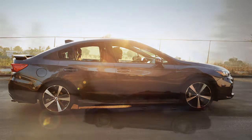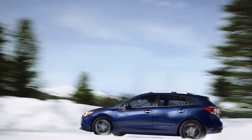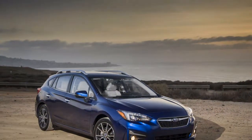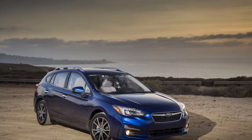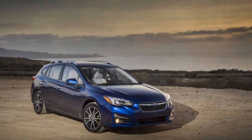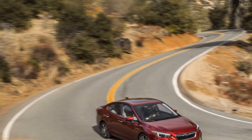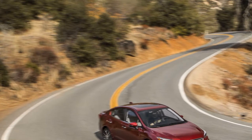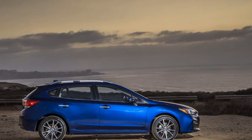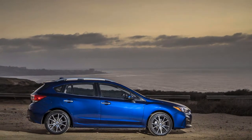Each version of the 2018 Impreza comes standard with a rear-view camera, 7 airbags, automatic stopping devices, and stability control. Automatic transmission premium, sport, and limited trim levels can be additionally upgraded with the brand's EyeSight suite of safety tech that includes adaptive cruise control, forward collision warnings with automatic emergency braking, blind spot monitors, active lane control, and rear cross traffic